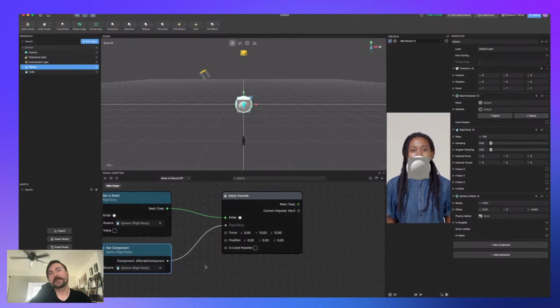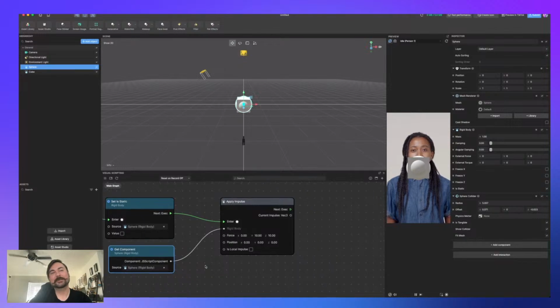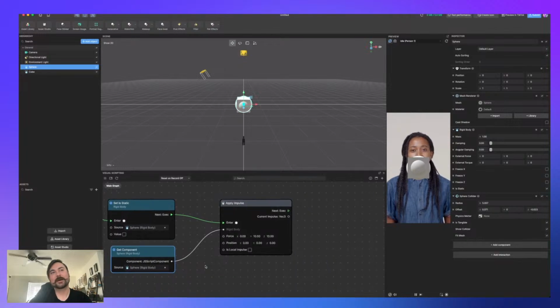Okay, so then now, actually, who knows? Maybe this will just work. Okay, so I think there might not be enough of an impulse. Oh, okay, so the position is 0, 0, 0. So is local impulse? I guess the thing that I'm not sure about is if the sphere rotates, would the impulse rotate with it? I think it's more talking about the local position. So we want it to happen at the center of the circle. So that would be here. So then we can try again.